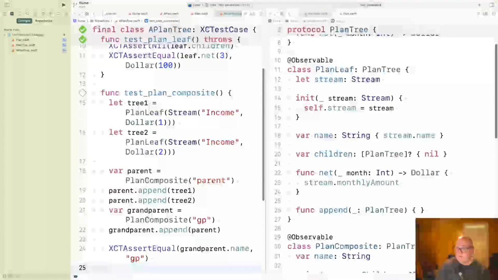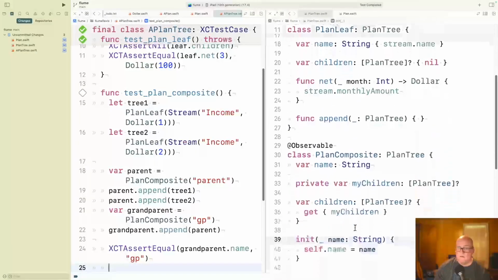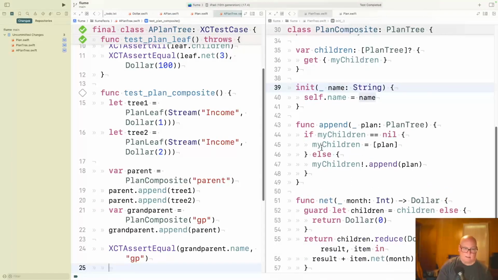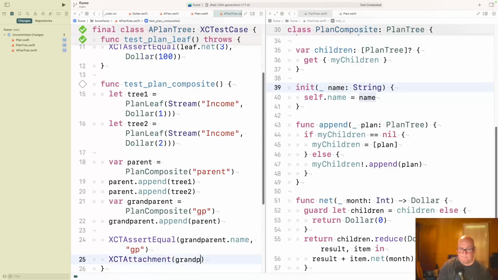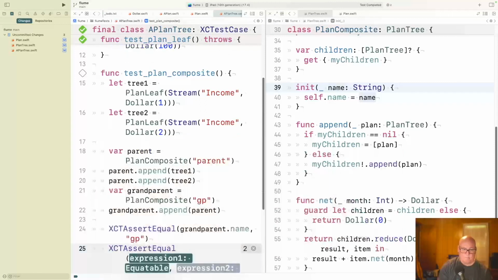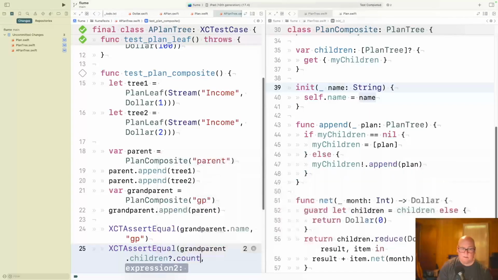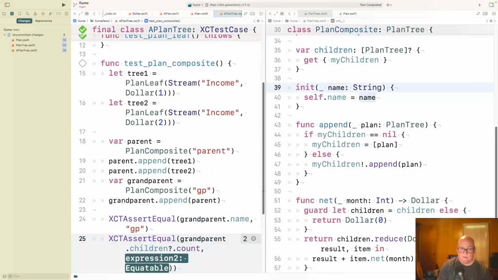Okay, and children is kind of implicit. Like I don't actually want to worry. Well, I guess I could ask. Grandparent dot children dot count should be 2. 1. Okay, and then